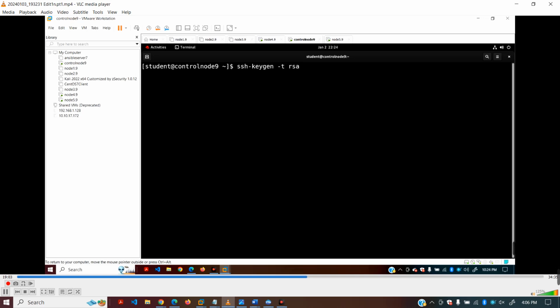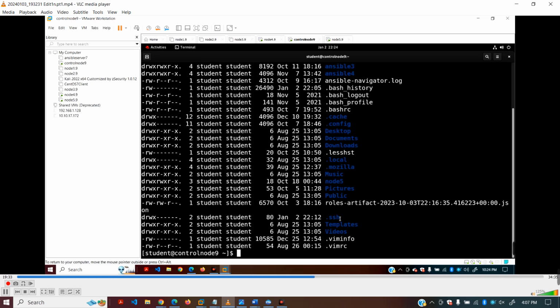So you will keep hitting until you get the prompt like this. I think 2-3 times you will have to do this, at least 3 times. So once you get this prompt, it means your key pair is generated. Then next step, you have to go to this hidden directory. How you can see it, running this command here, you can see .ssh. So you have to go to this directory,